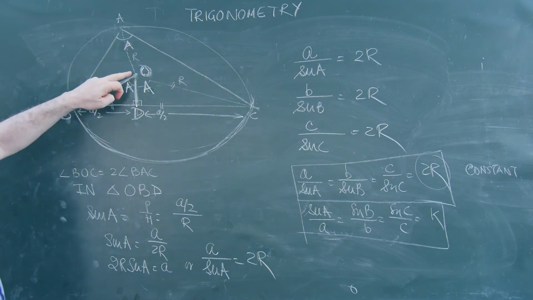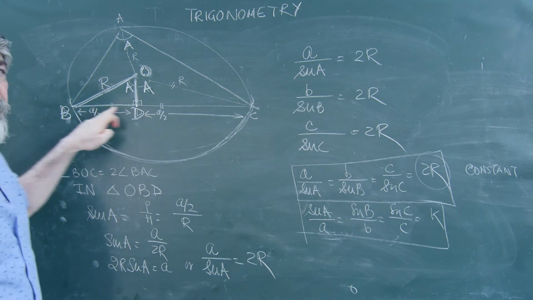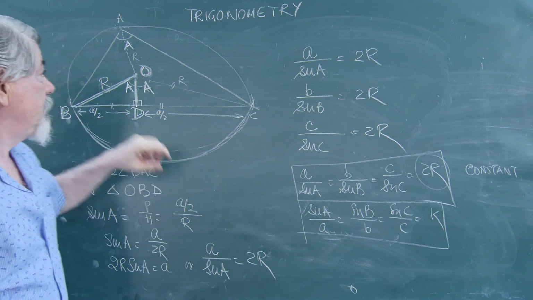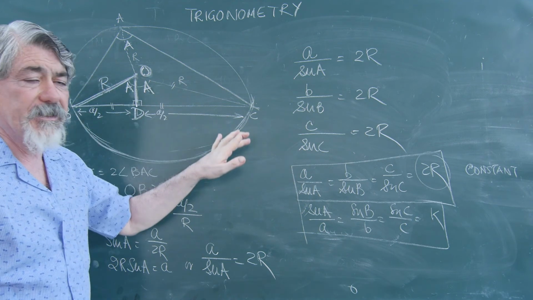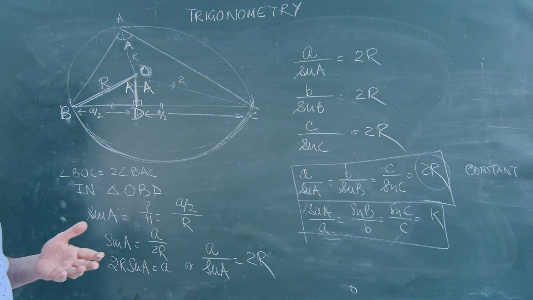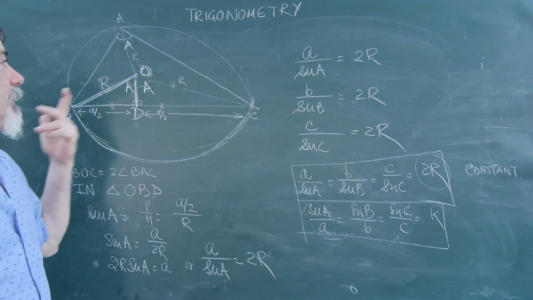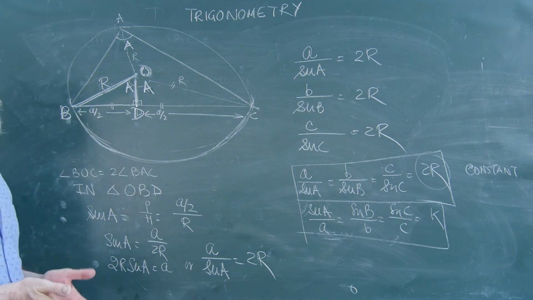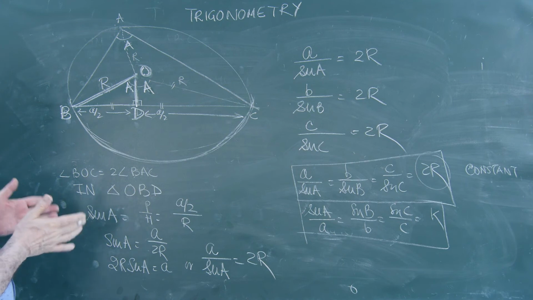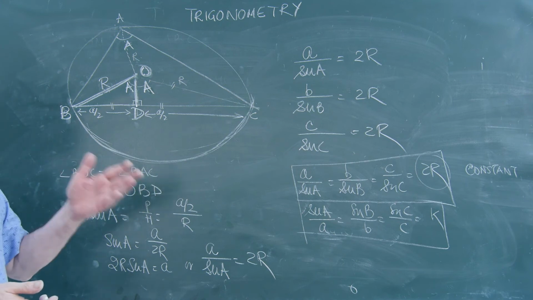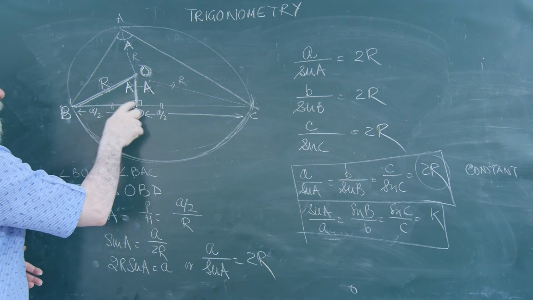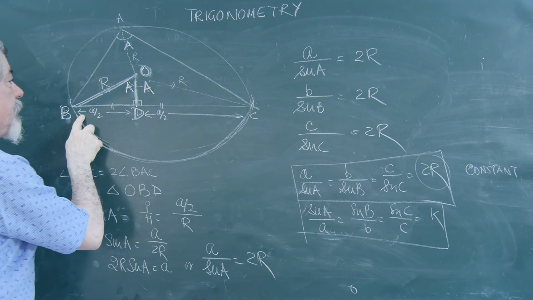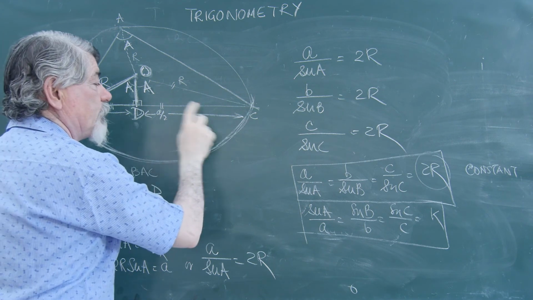But what I have done is I have dropped a perpendicular from O to BC. The perpendicular will bisect the base. You can apply the property of an isosceles triangle; this is an isosceles triangle, so it will hold for that also. It is also a property of a circle that if from the center I drop a perpendicular to any chord, it bisects the chord. So this perpendicular will bisect the chord BC. BD is equal to DC, BD is a upon 2, DC is also a upon 2.